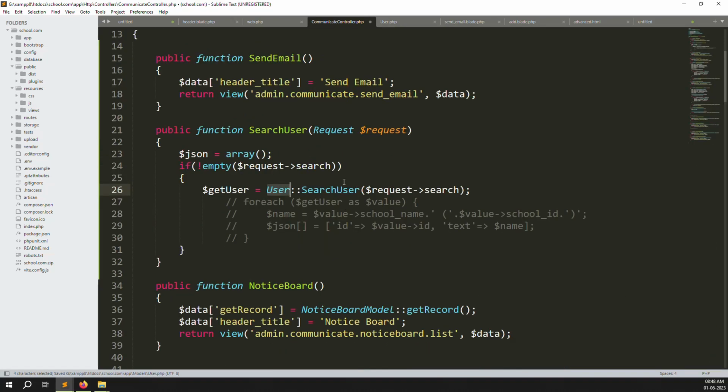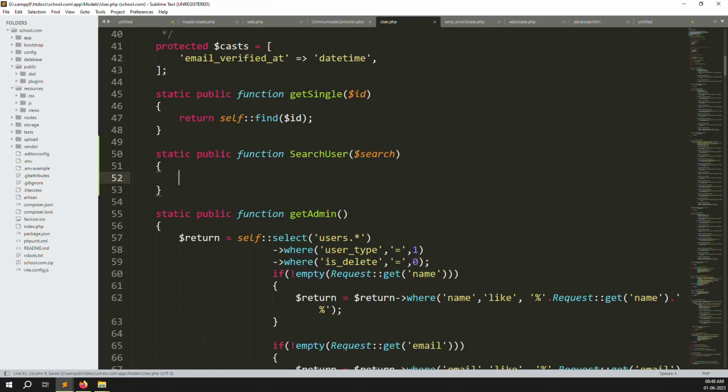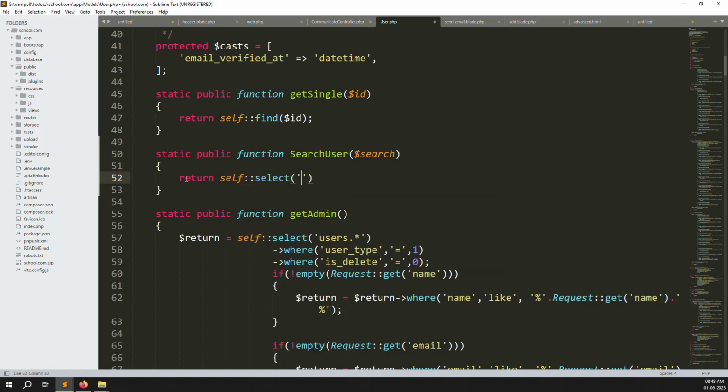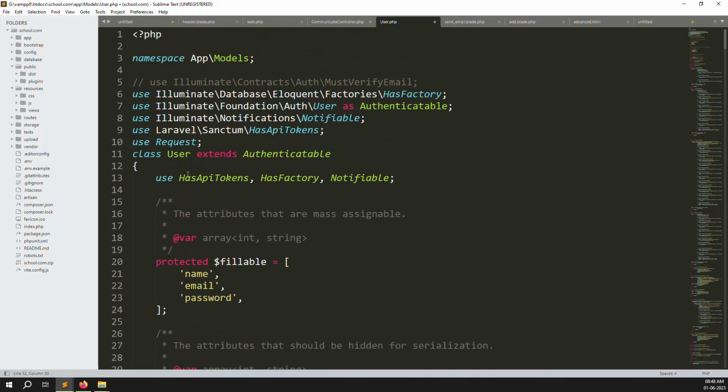So we can search whatever data is inside our users table. Inside we need to make a LIKE query, and we can get the data. So let's show it, and we can sort out the issue. I can make a query for this one: return self, meaning the table name, select users.*,